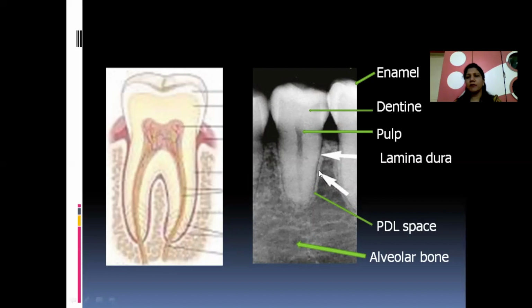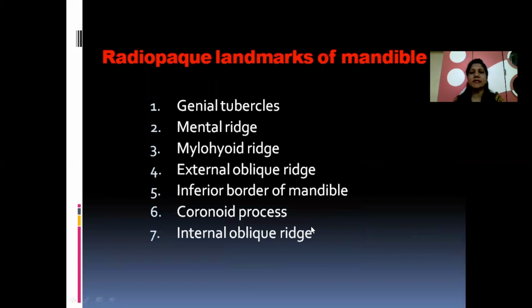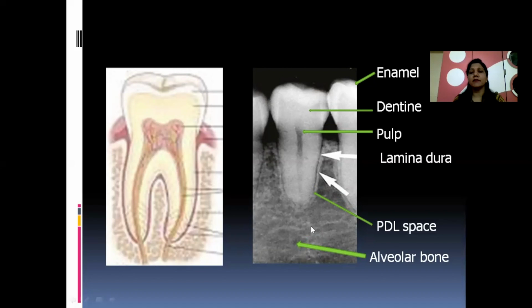Then surrounding the tooth, there is a thin radiolucent line which is the periodontal ligament space, which contains periodontal ligament fibers in it. The lamina dura is a cortical bone which covers the tooth, that is, it is the bony socket. Then the alveolar crest, and this is the alveolar bone. The alveolar bone is cancellous, and the lamina dura is cortical bone. It appears as a thick bone.